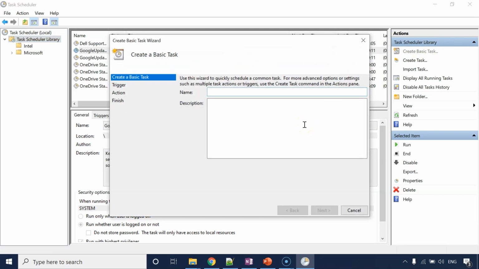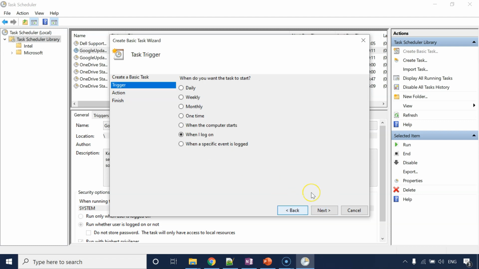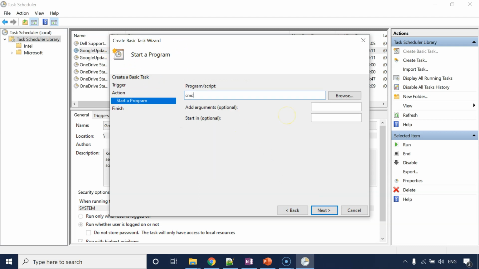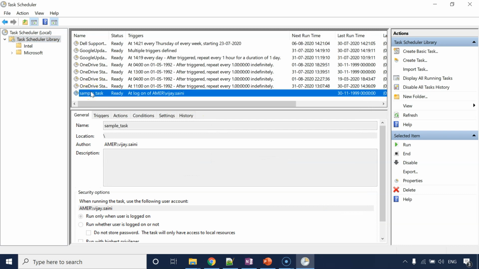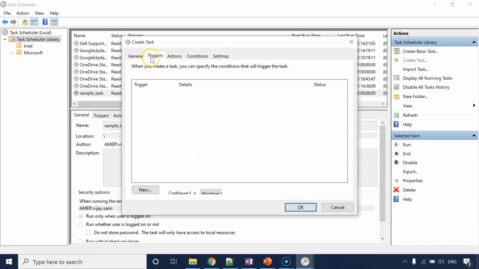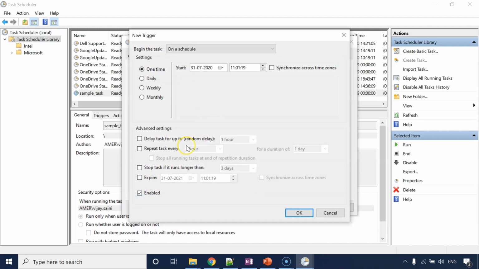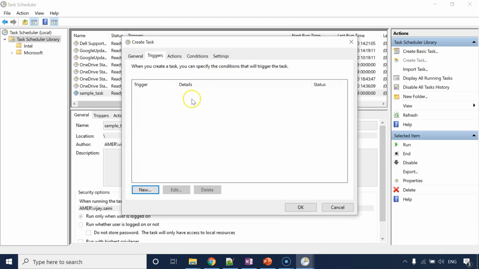Basically this is guided and you just fill some details, choose to go to next. We do not get all advanced options over here, but some very frequently used options only, because we have selected a basic task creation. I just don't want to do anything, just launch a CMD and next, finish. And you can see my task is created over here, right? Or instead of doing this, what else I can do is Create Task, and then here I'll get all different options whatever is available in Windows Task Scheduler, right?